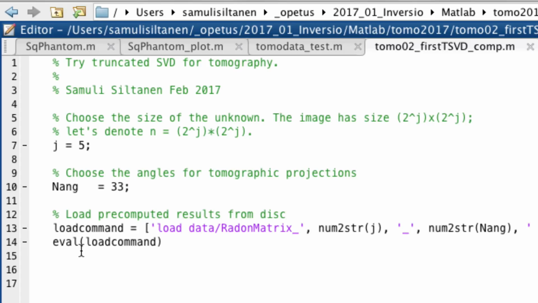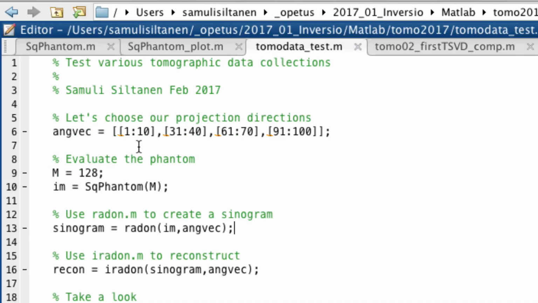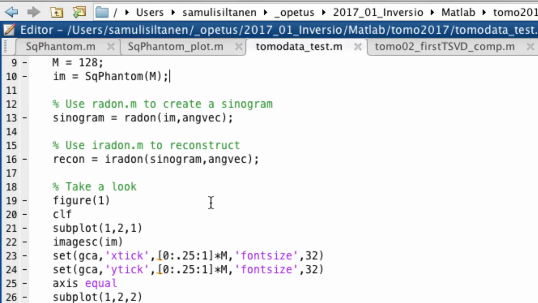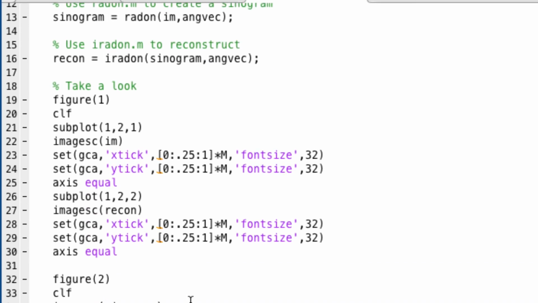So now we can build our phantom. So here we have this tomodata test. So we can evaluate the phantom, create a sinogram. We can do it with two types of